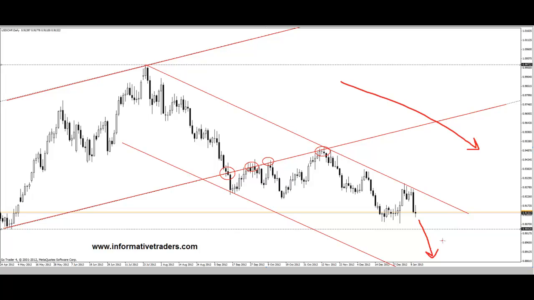And looking at the other pairs, the Aussie, the pound, and the euro all look like they may be moving higher next week. So, you know, the US is probably going down. We've seen last week a big rejection here. So time will tell. If we look at the weekly,